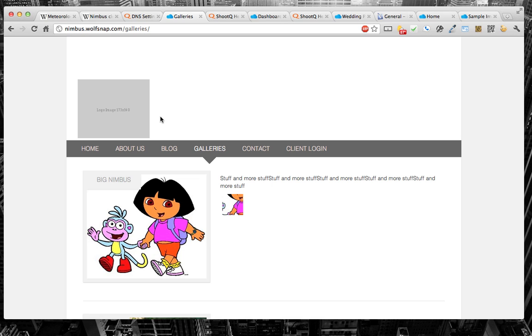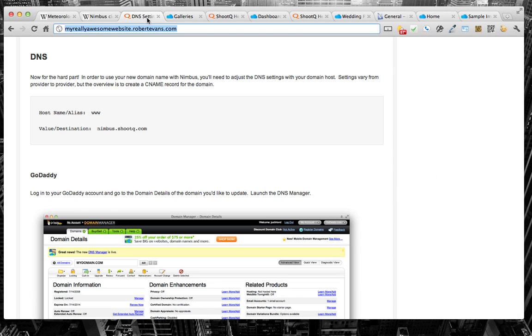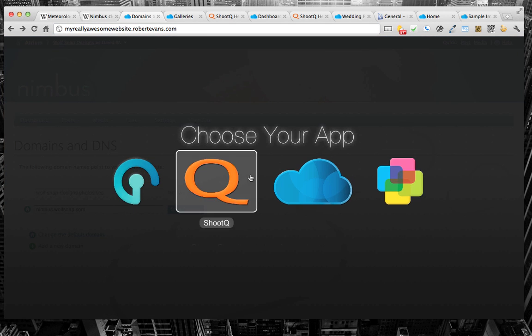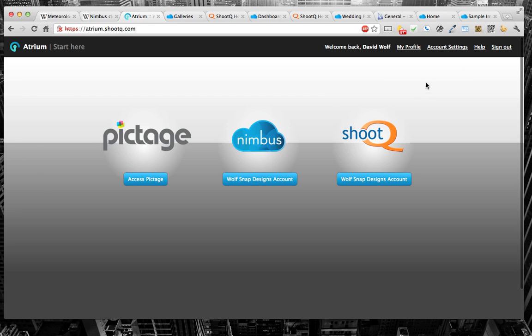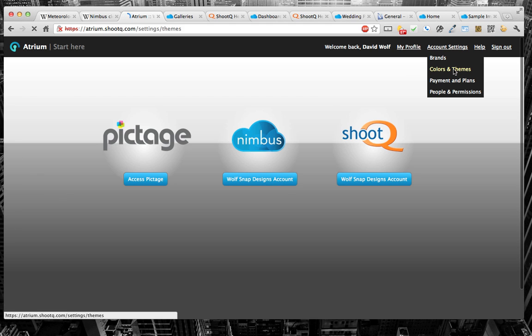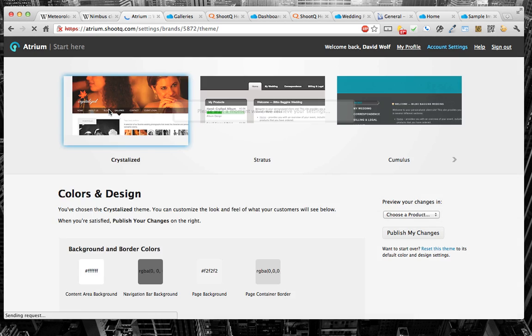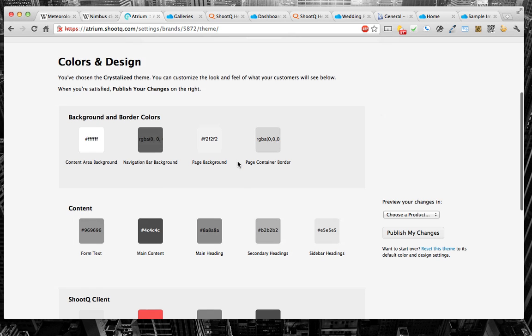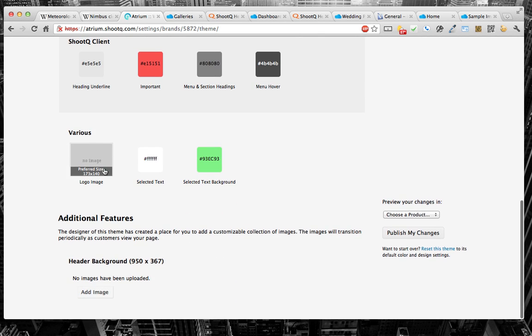Now, typically there would be a cost associated with that, but I think what's probably going to happen, because I'm hearing a lot of people want that, is that probably in the next little bit, I'm hoping, we come up with a way that we can adjust that on the fly, in the same basic way where you can adjust the colors and stuff like that on your Nimbus site. So as an example, we go to color and theme,